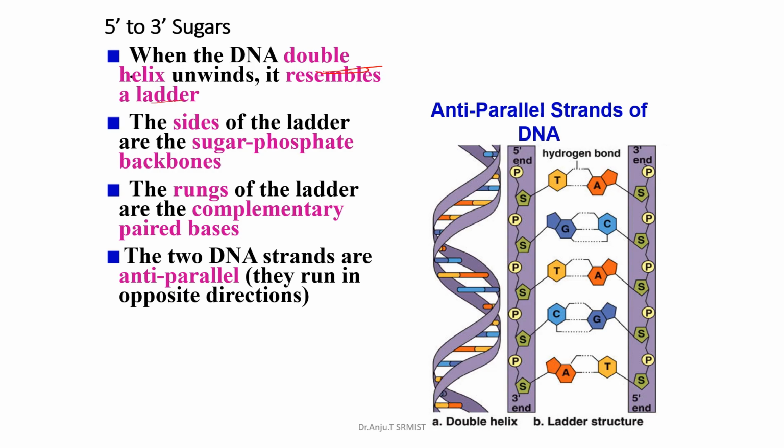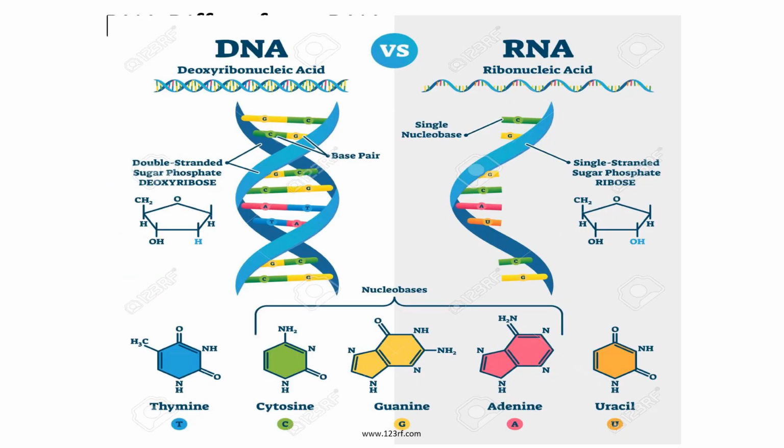DNA has a double helical structure. One DNA strand has polynucleotides linked together, so that polynucleotide strand has a sugar phosphate backbone. Because of the complementary base pairing, the two strands are linked together by hydrogen bonds. And the two strands run in anti-parallel fashion, in opposite directions. We learnt about the structure of DNA,